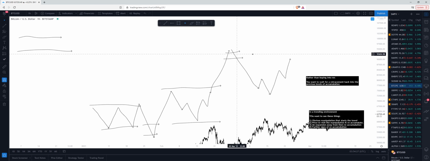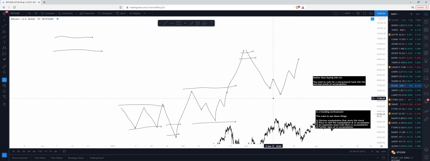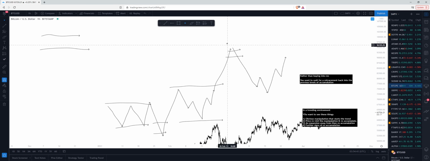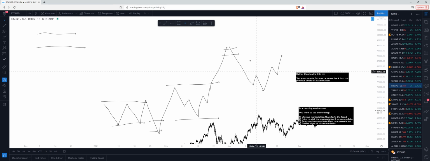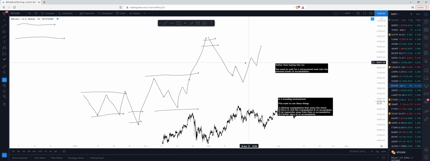Okay, so don't buy into resistance. Wait for the retracement back into the levels of accumulation, and wait for further accumulation. This is how you will be able to pick up if price is actually trending hard. What you will see is retracements back into the levels of accumulation, and price will just reaccumulate, basically telling you that there is demand at these levels. Really, because